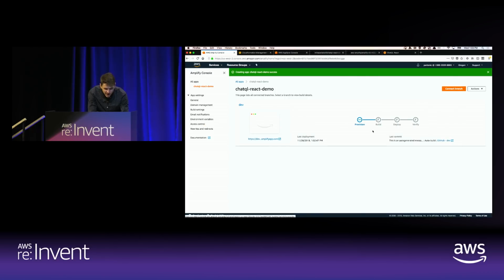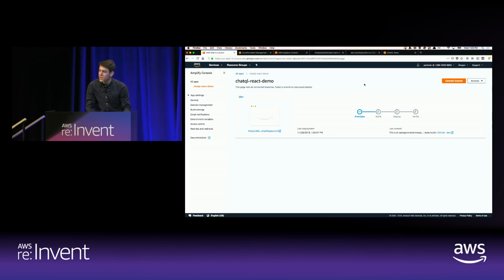So here we've got our dev environment. It's going to provision. This is going to create a container in order to run our build. It's then going to go through the build step, which is going to build our Amplify backend. It's then going to deploy that Amplify backend using CloudFormation. It's going to build our React application using a production build. It'll upload that to S3. It'll then use the Lambda at Edge to swap the pointers to go to the new build every single time